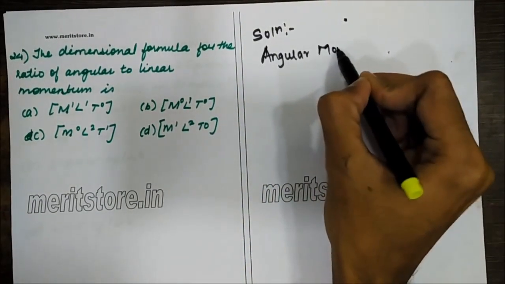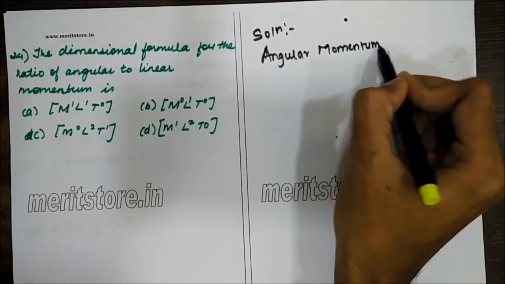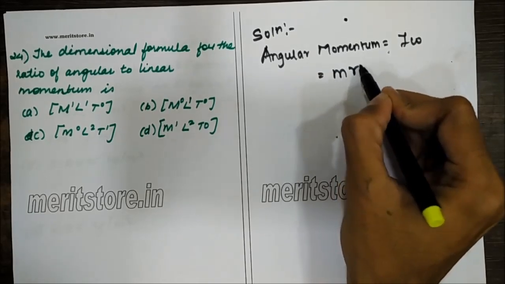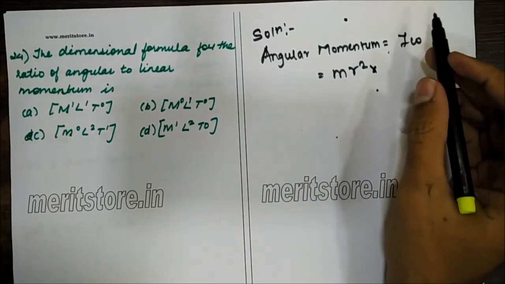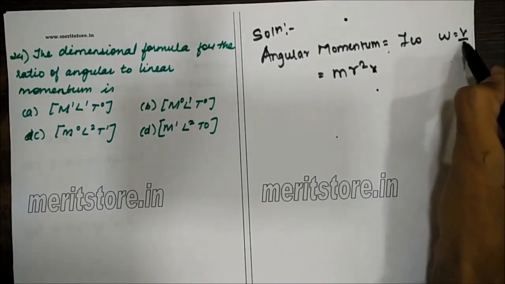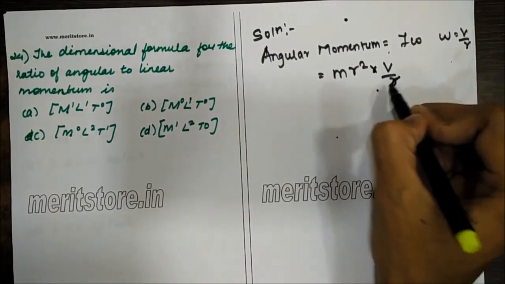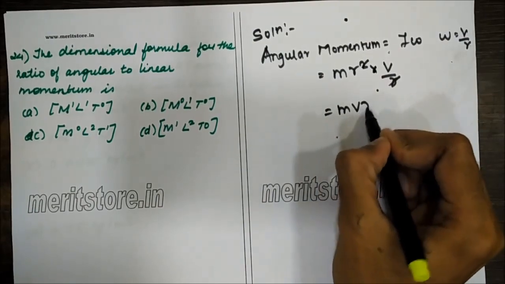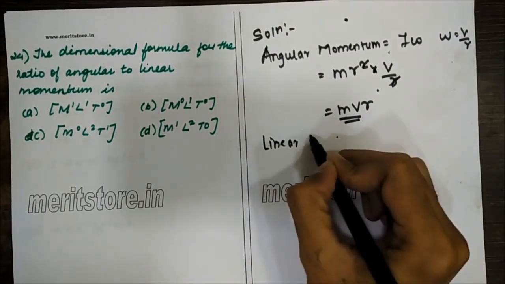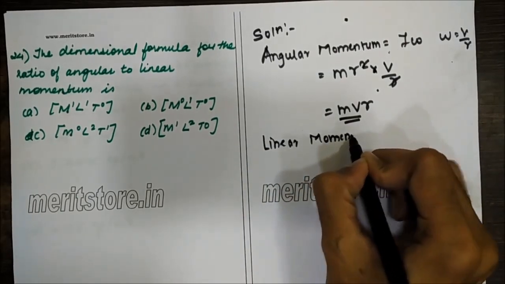Angular momentum is given by the formula I omega, where I is the inertia, that is mr squared, multiplied by omega, which is equal to velocity upon r. Omega, which is v upon r, gets cancelled, so we have mvr as the angular momentum. Next is the linear momentum, which is simple, that is equal to